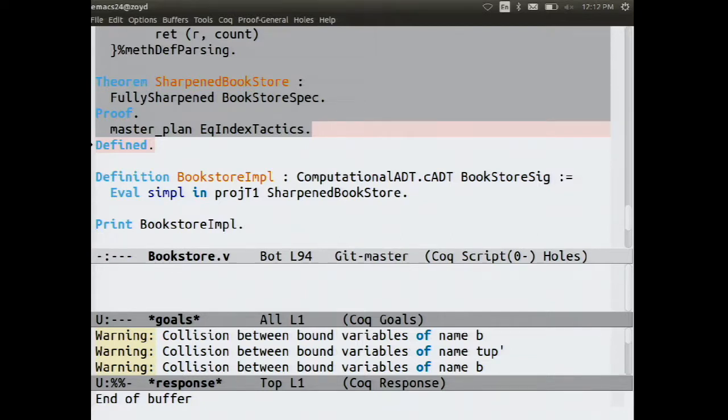Yeah. So it's coming out defined, and it's presumably just checking the equivalent of being on the QED. I'm not entirely clear on the difference between QED and defined. QED makes the thing you've defined opaque. It hides the definition, whereas defined keeps the definition visible from the outside.